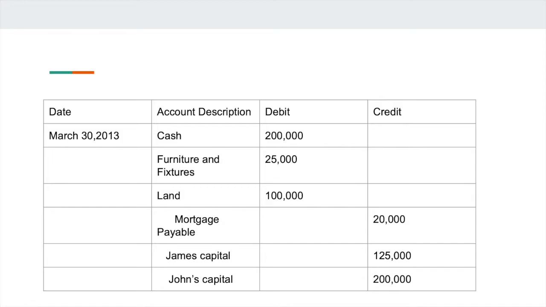Now, here the cash is 200,000 and then the furniture and fixtures is 25,000. Here the land is subject to a mortgage payable. But since profits and loss will be shared equally,